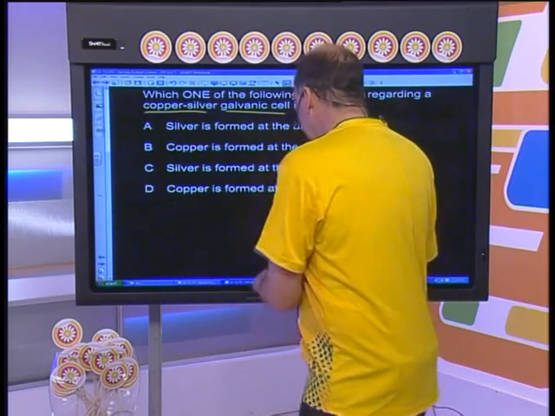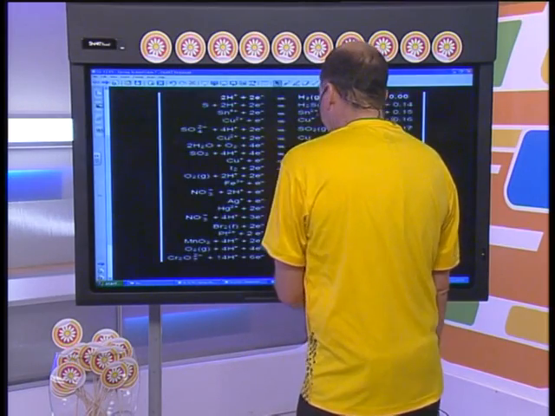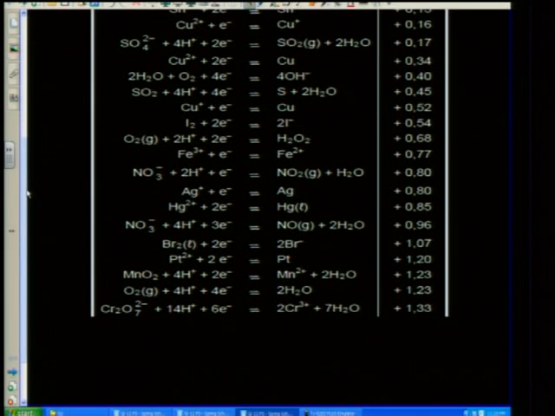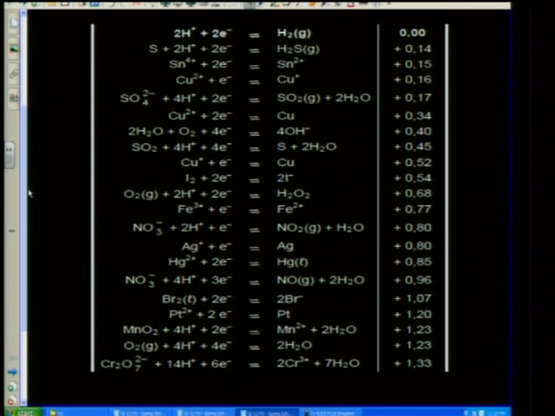Now, whenever I get something on galvanic cells, I need to remember that these are cells that use chemical potential energy to produce electricity. So they are going to be spontaneous. How am I going to work this out? I'm going to go to the table of half reactions and have a quick look at it. It's very small, but we're going to look on the right-hand side. I've tried to zoom in on it a little bit, and we're going to look for copper on the right-hand side. And the copper that we're looking for is that one there,